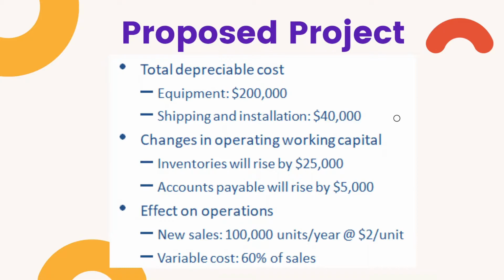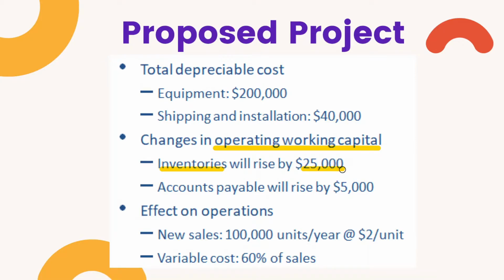When the business installs this equipment in a factory, after the installation of the machine, before starting the operations, the company will have to invest in the short-term operating asset called operating working capital. The company will have to prepare for the raw materials and even spare parts of the machine. There will be an increase in inventories of